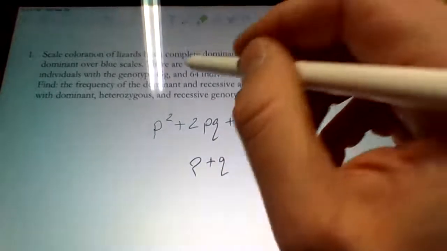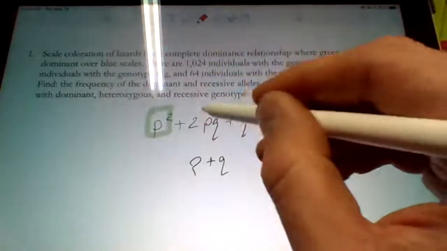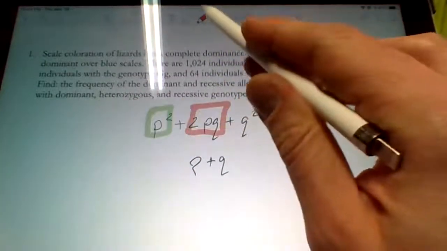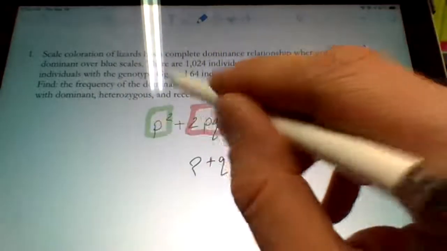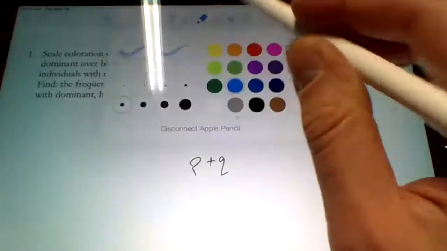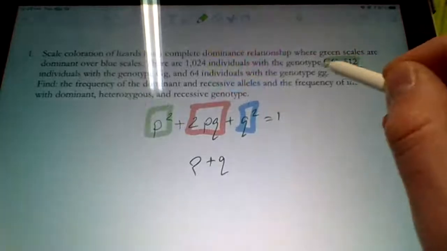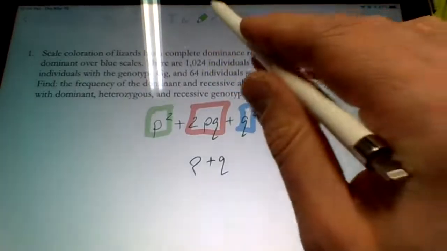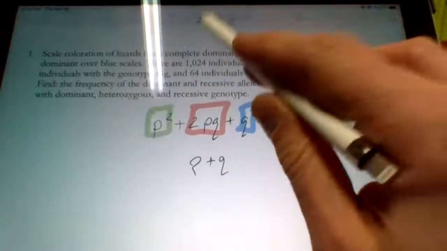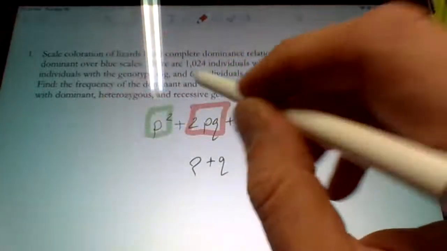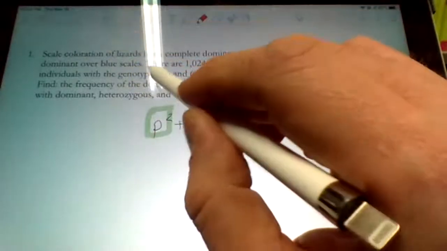One thing to think about is that each of these is its own little section. Each of them has its own representation. Here we have p squared, which represents the homozygous dominant individuals, so that would be this one. That's going to be my p squared. The next one, what color did I make them? Oh, red. Okay, so the next one is the 2pq. These would be our